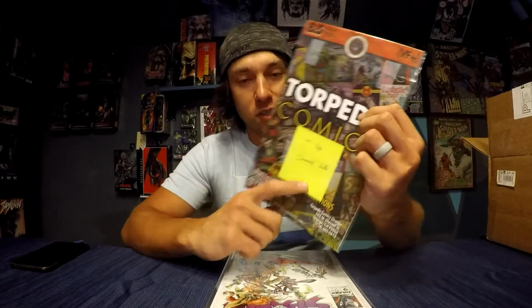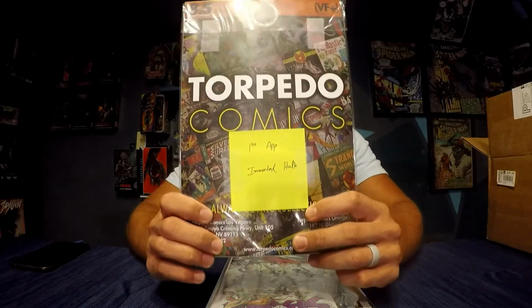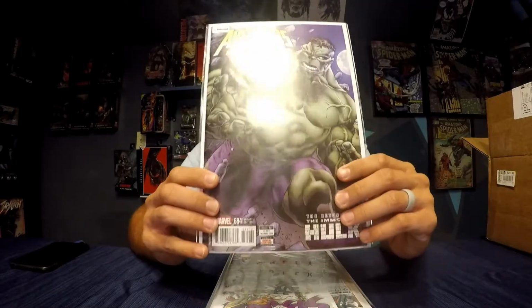I don't have to look it up because I'm not 100% sure. But then I turned around and got the first appearance of Hulk. So you see right here, first appearance of the Immortal Hulk. And it is the first appearance of Immortal Hulk in Avengers. So I paid $21 for this comic book, thinking that it was a first appearance, and it is